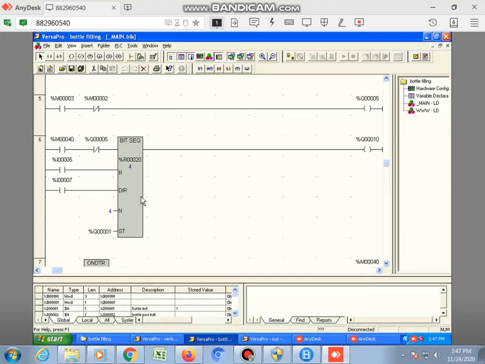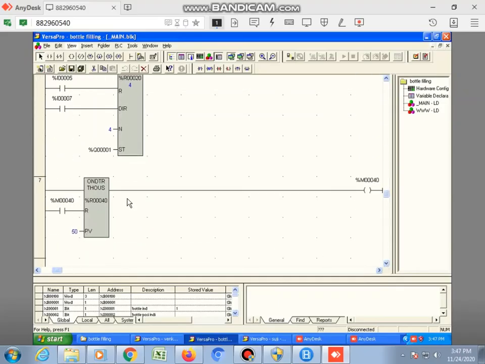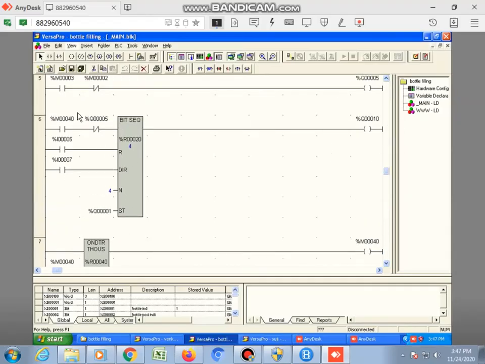The sequence in which we give the supply to these 4 coils can be given by another timer. This gives a change in the output sequence every 5 milliseconds. So at the 0th millisecond we get the first coil, at the 5th millisecond the second coil, at the 10th millisecond the next, like that we get a continuous change. This memory 40 is connected to the bit sequencer. This is the output for stepper motor control.